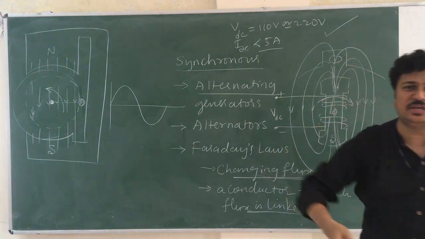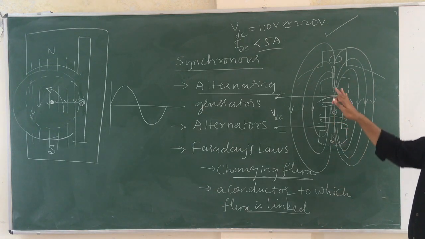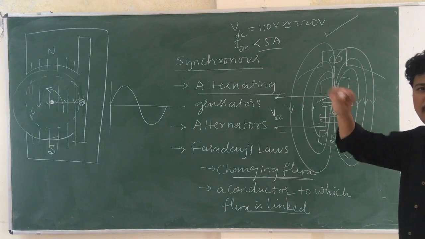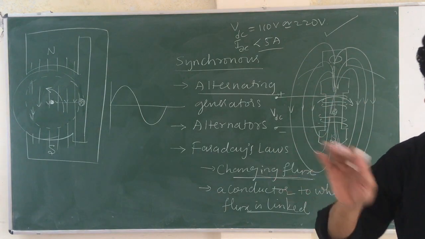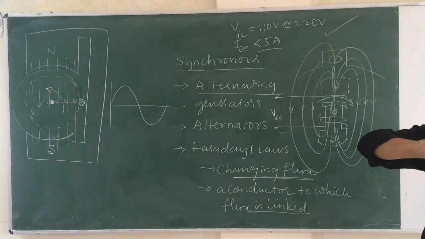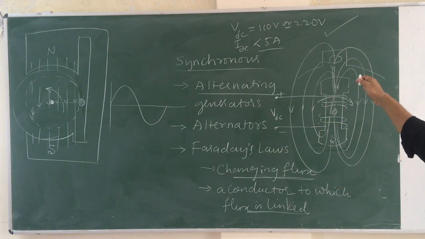If I provide VAC, then my flux will be alternating. I don't want an alternating flux. I want a DC flux, or steady flux. Therefore, I provide a DC source to the field, or the magnetic part, which will create a constant magnetic field. And when I make it rotate, the magnetic flux rotates, linking to the conductor. Hence, this conductor will experience a continuous change in flux, and an EMF is induced in the conductor.